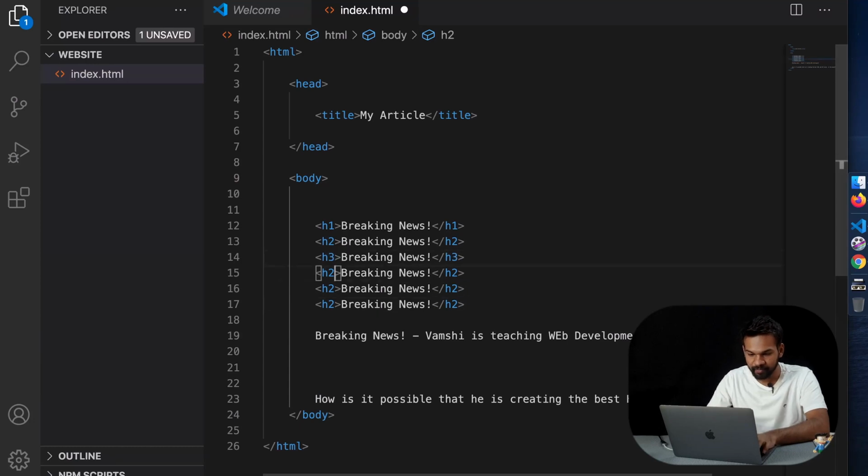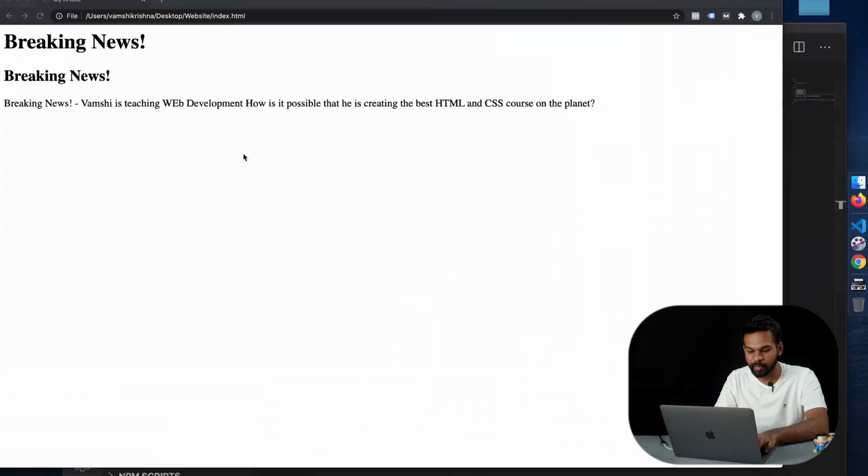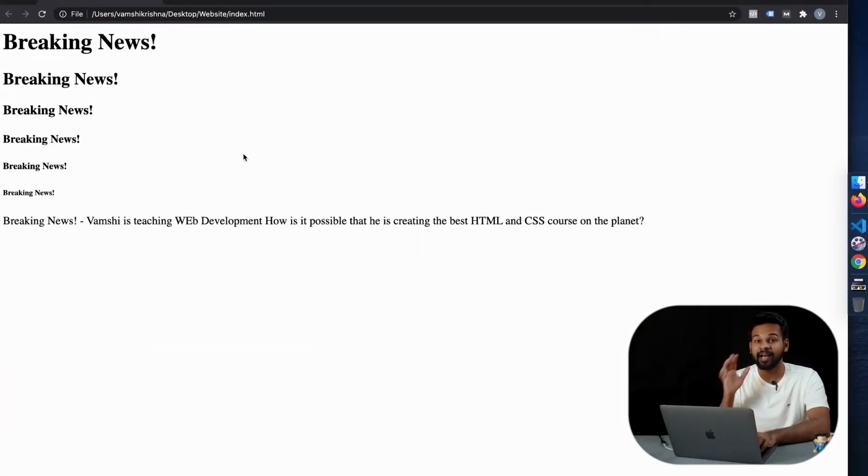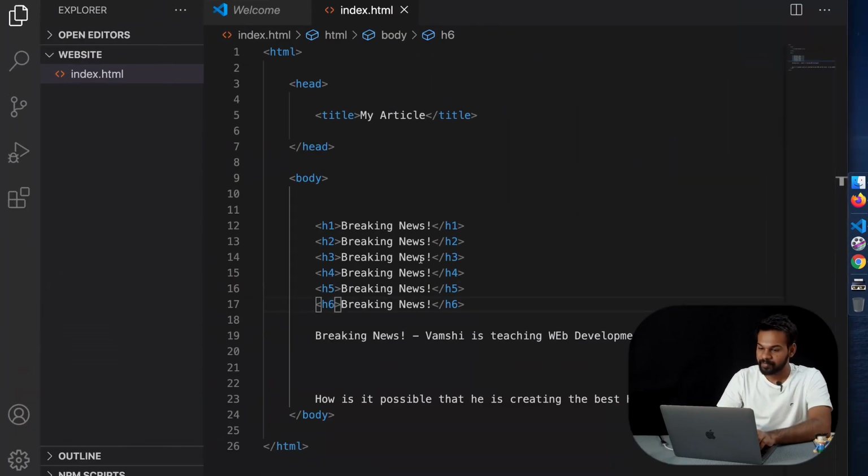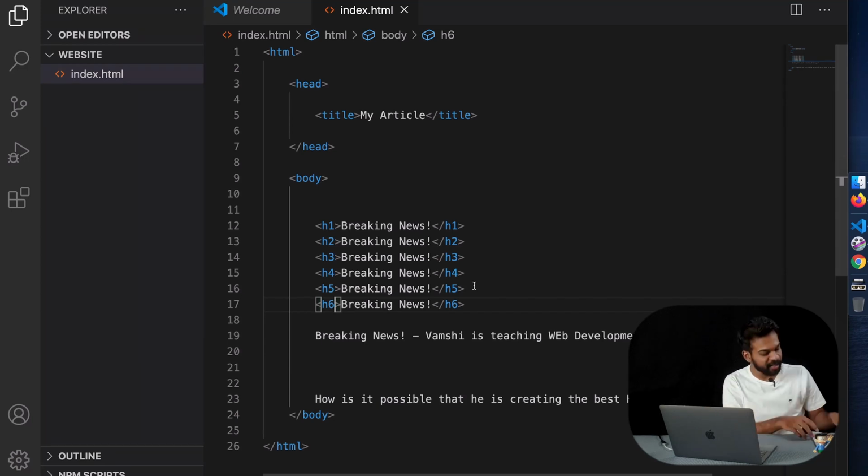This is H3, this is H4, this is H5, this is H6. Save, and if I go back and refresh, there are our multiple headings. Now you see that heading 6 is almost smaller than normal text, right? So there are 6 different levels of headings that you can use throughout your website to create